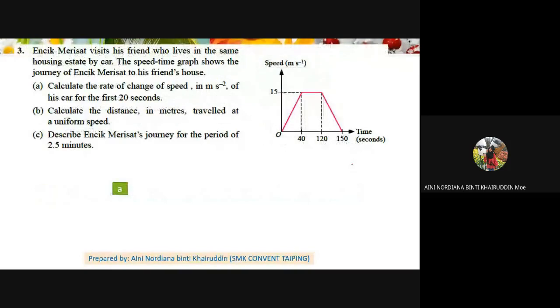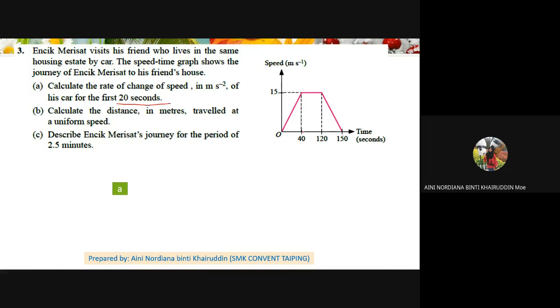Next, question number 3. Encik Merisat visits his friend who lives in the same housing estate by car. The speed-time graph shows the journey of Encik Merisat to his friend's house. Calculate the rate of change of speed in meter per second square of his car for the first 20 seconds. Okay, the question asks you for the first 20 seconds,